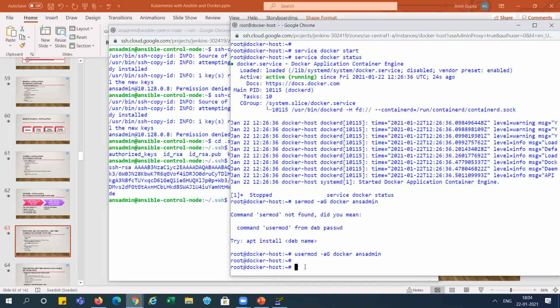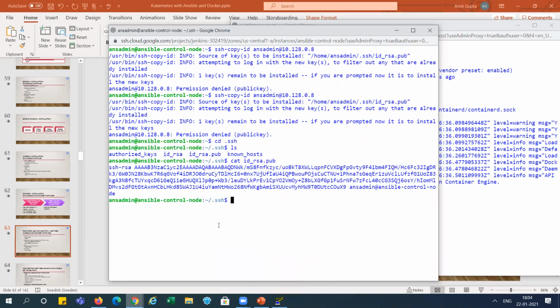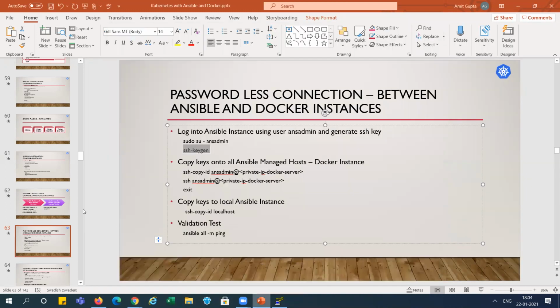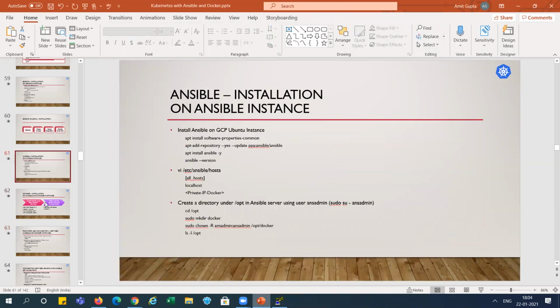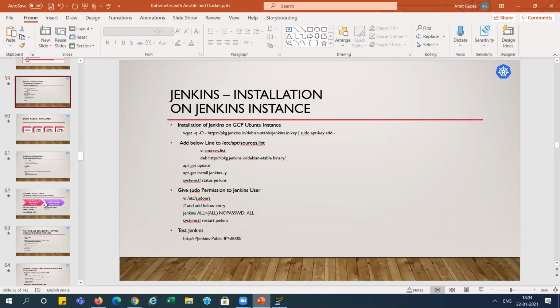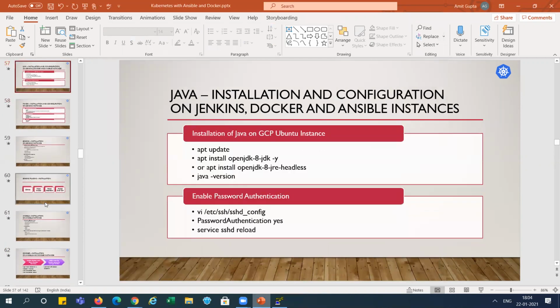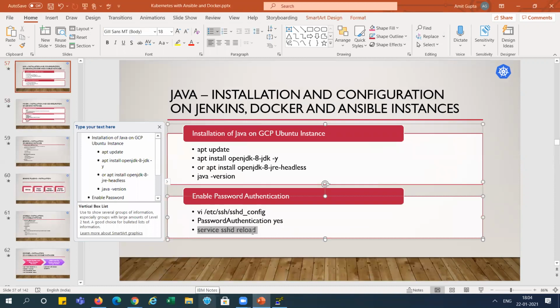So here you can see sudo, oh, I think we have missed one step. That is a process we can do, but as we can see here, when we enabled the password authentication, we did this step, but we have not restarted these services, so it is not reflecting.